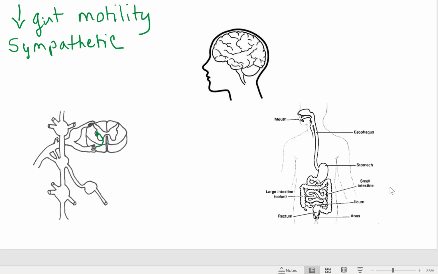That first axon would exit through the ventral rootlet, enter a ventral root, enter an anterior primary ramus, and then it would enter a gray ramus,